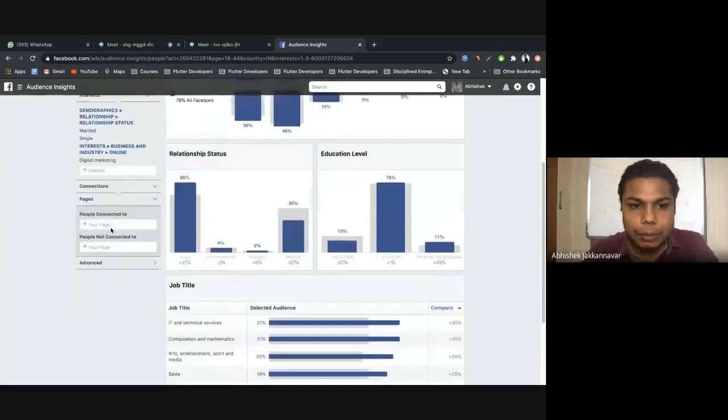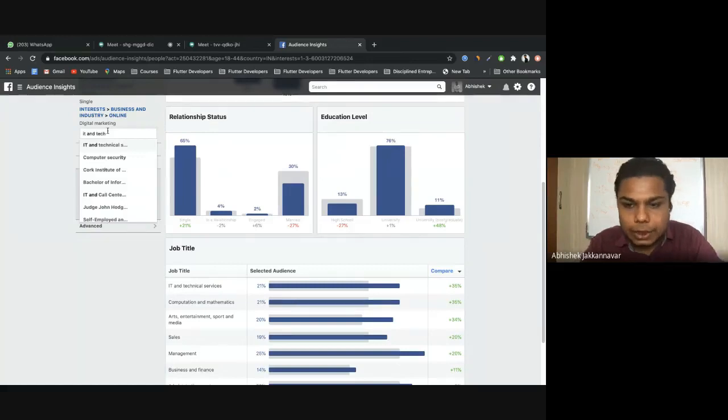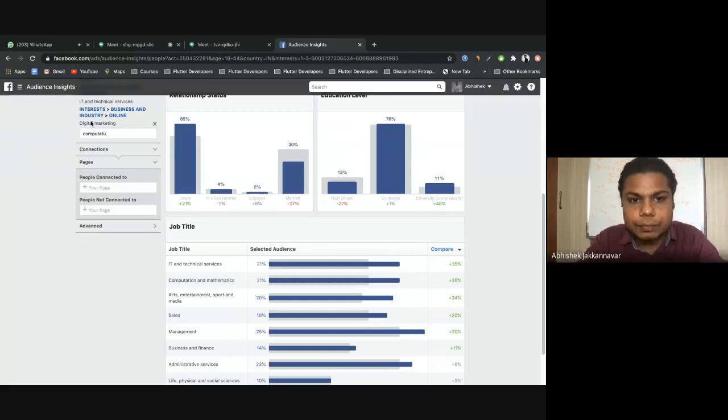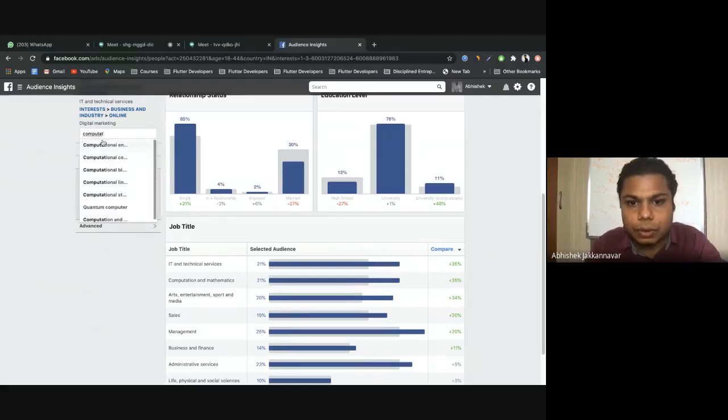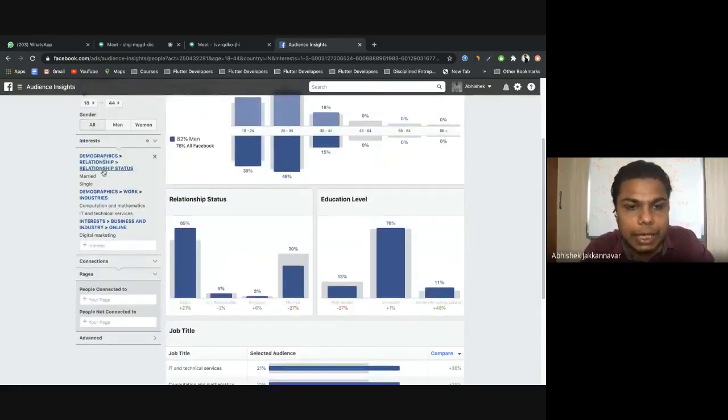No, I'm going to show this only to people who are in IT and technical services. Okay, then computation and mathematics. Now automatically, if you see here, demographics is being added.